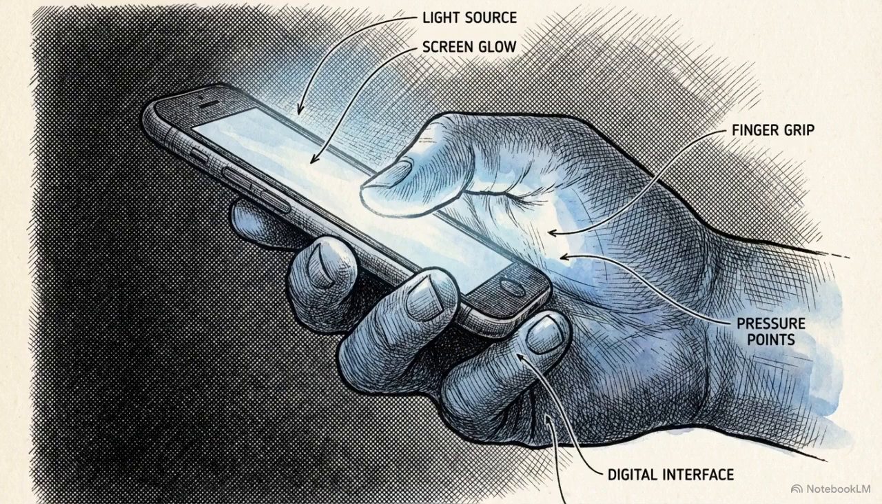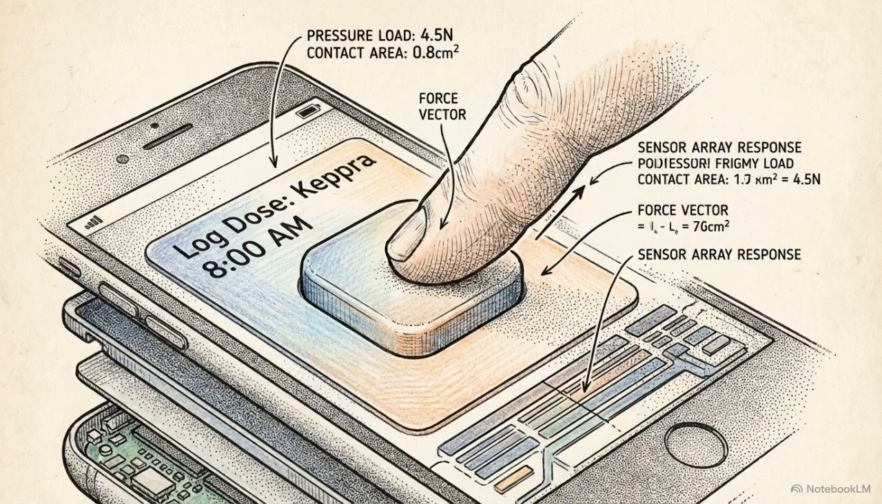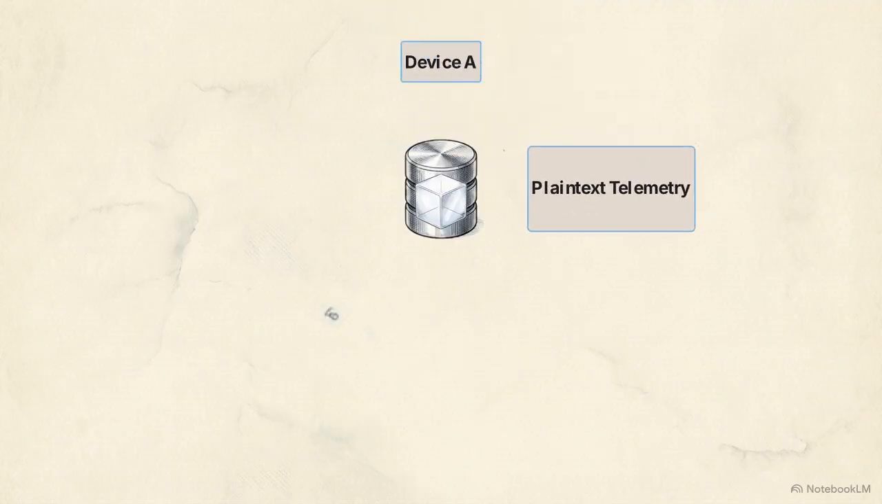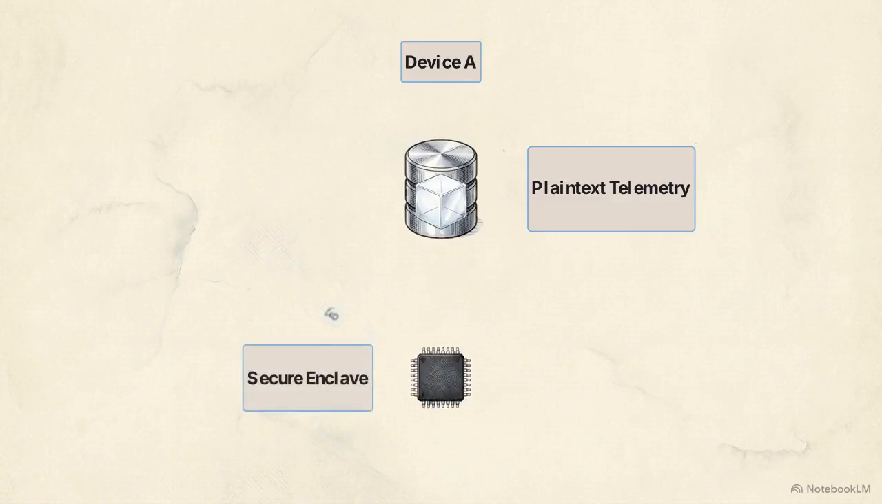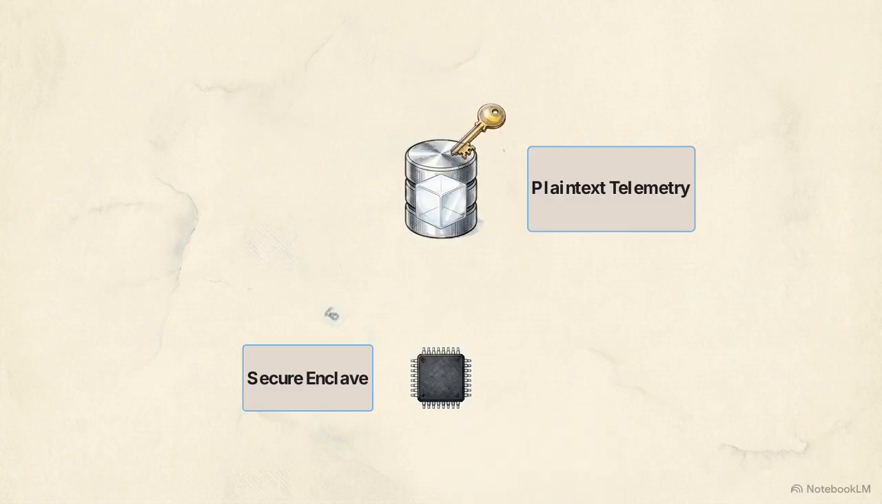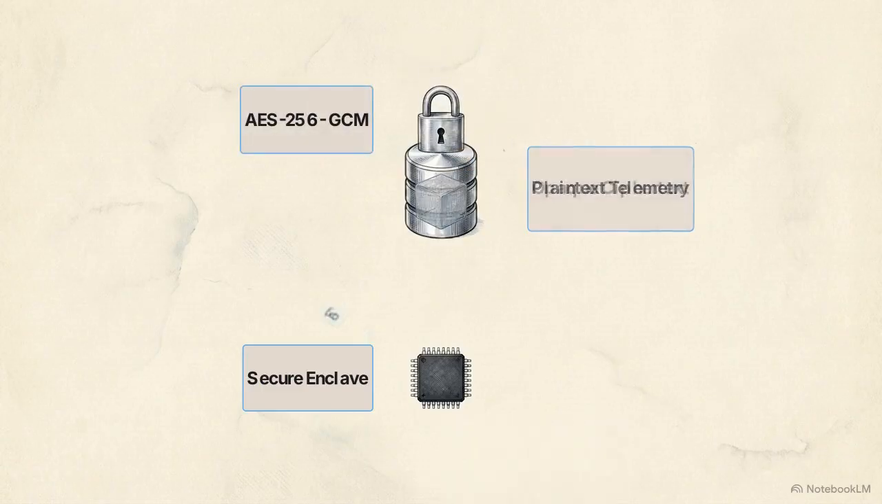The architecture starts at the absolute edge. The patient logs the 8 a.m. Keppra dose directly into the Aura HOS native application. This 3D diagram shows device A, the patient's phone. The plain text telemetry is written exclusively to an encrypted SQLite database running on the local device. The device's native secure enclave or key store generates a high-entropy master key securely bound to the physical silicon. The system utilizes native hardware-accelerated AES-256 GCM encryption to mathematically lock the cylinder, instantly scrambling the plain text log into